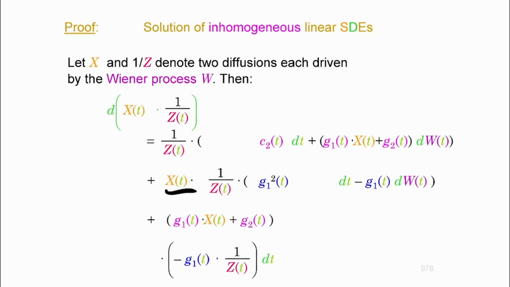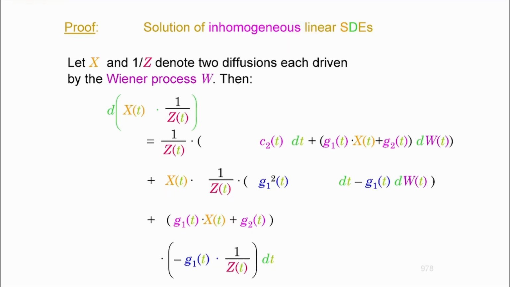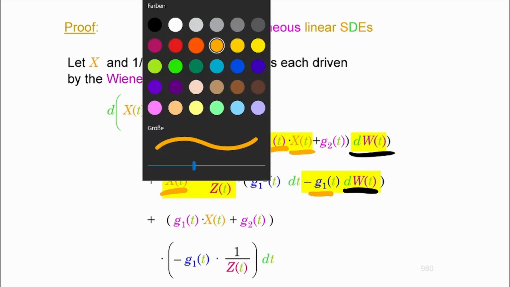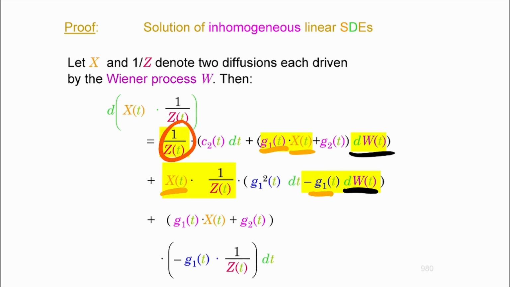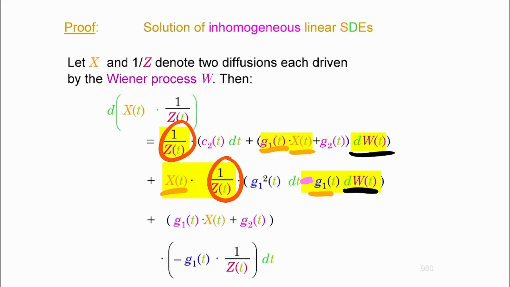Why didn't that disappear? Because there are also other expressions that you need to multiply that with, so I'm not supposed to just take that out. But where it's gone, it's gone. All right, so then it's going to be more compact. Now those expressions are also there. These are the increments of the Wiener process, okay? Here you got g1 times x, which is here g1 times x. And then all things are multiplied by 1 by z, which is here. And then, of course, you have a minus sign. So the minus sign allows you to get rid of those, which I did.